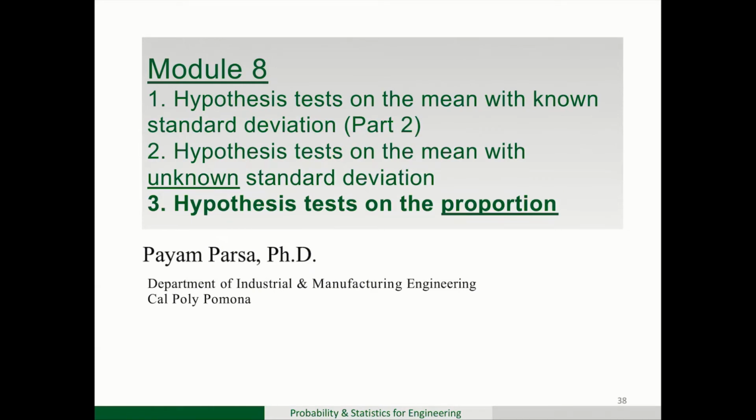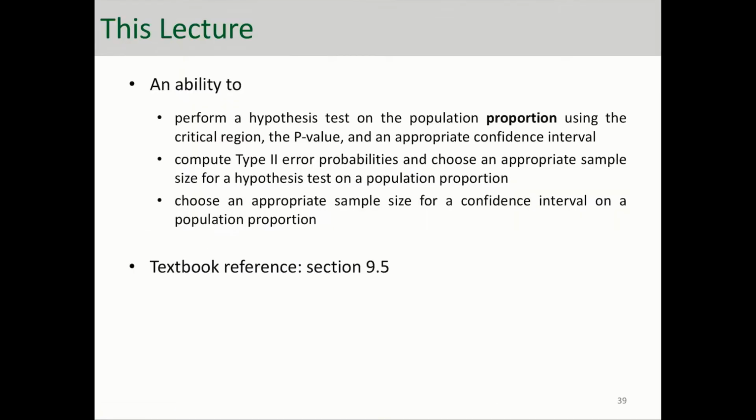Hello everyone. In this part of module 8, we're going to talk about hypothesis testing on proportion. And this is the last part of this module. What we're going to do is talk about performing hypothesis testing on population proportion as opposed to population mean, what we've been doing so far, using the three common methods: critical region, the p-value, and confidence